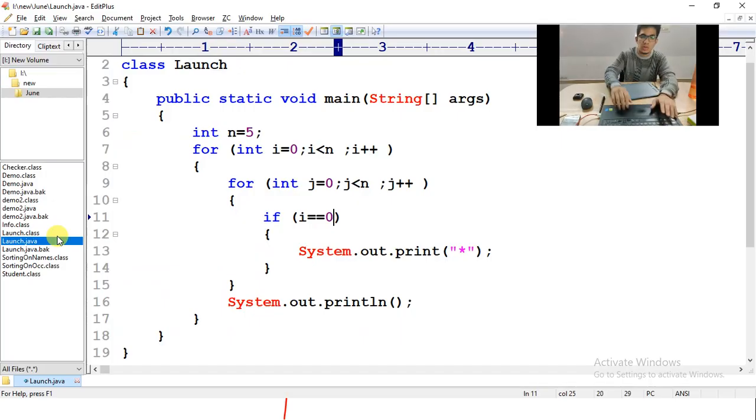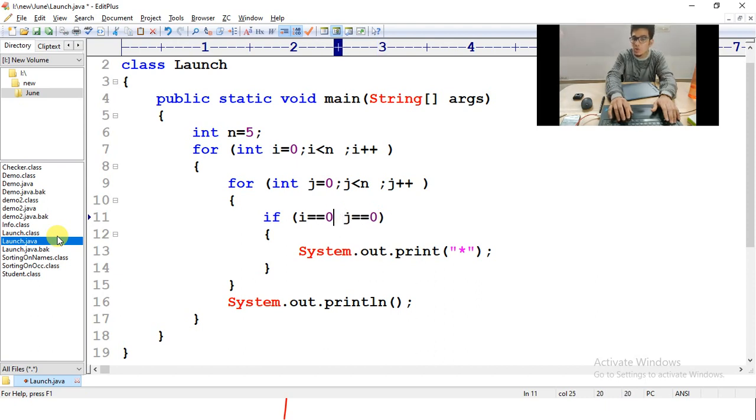So I have to go to the condition. I have to tell, if j is equal to 0, then print a star. But the question is, is this valid? Can you guys tell me, is this valid? No, it is not valid, because I have told you, this if condition requires a Boolean value. Boolean value is true or false. If you write i equal 0, it will tell true or false, because it's a relational operator. This is also a relational operator, it returns a Boolean value.